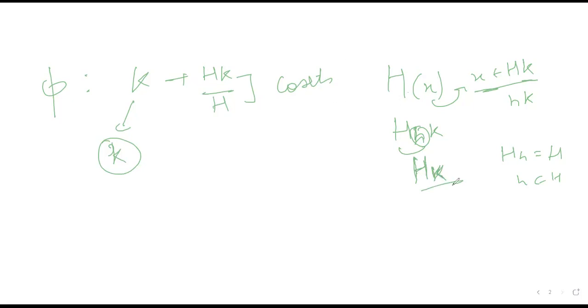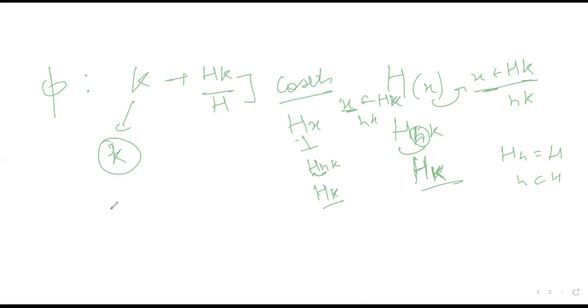Did you understand what I'm saying? I'm just saying this is the quotient group, so the elements will be cosets. Cosets will be H into X, where this X belongs to HK. And this X will be of the form small h, small k. So these cosets will be of the form H into small h, small k. But small h belongs to H, so it will get absorbed in it. So you will only have small hk. If you have any doubt, please ask me.